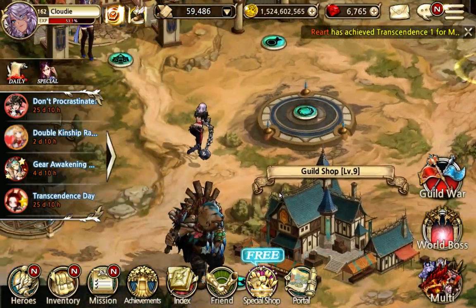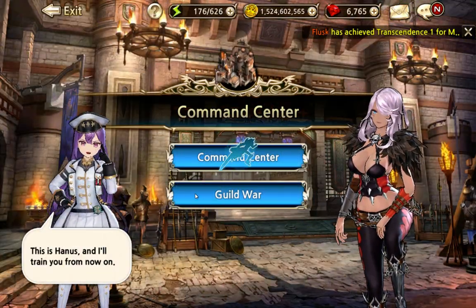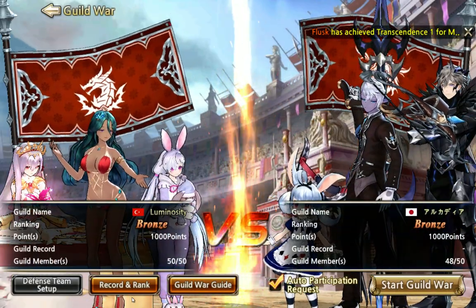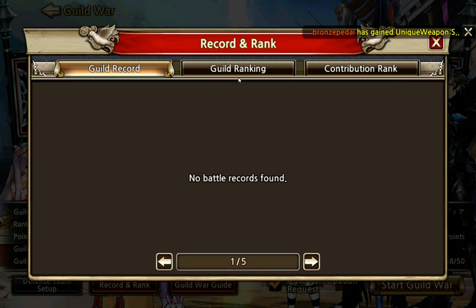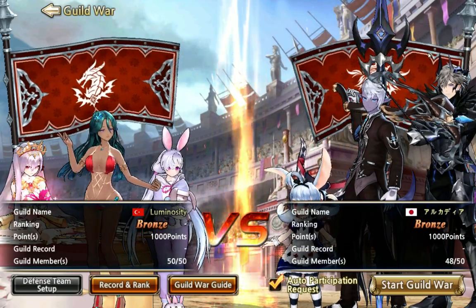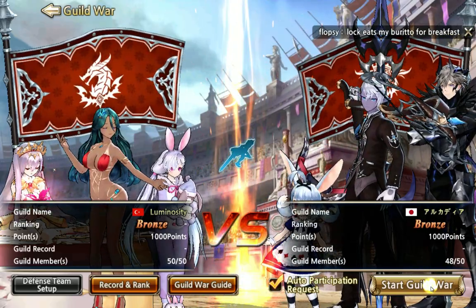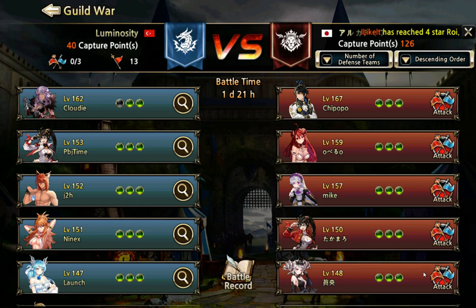So we go back to the command center, Guild War, record and rank. No reward here. Yeah, it doesn't say anything here about the rewards. It doesn't say how many medals you get for winning, or how many medals you get for ranking at the end. So this kind of makes or breaks the shop right now,